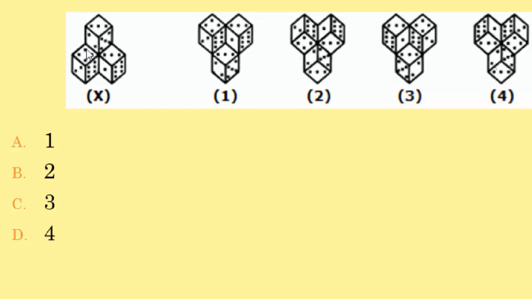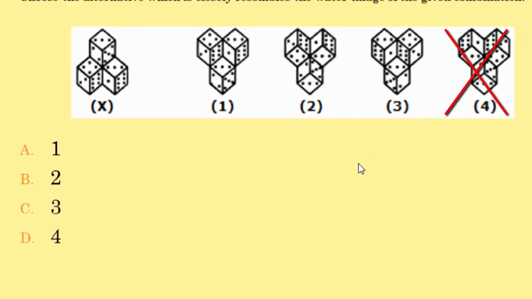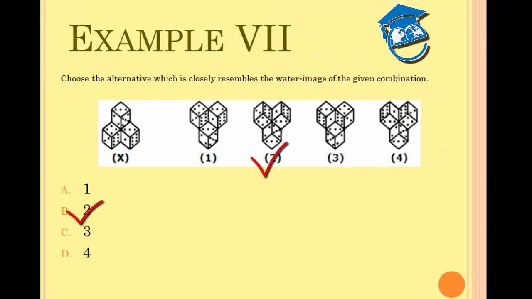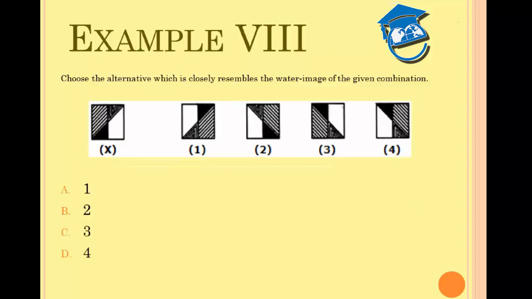Okay, so the things that are on the left will remain on the left and the things that are on the right will remain on the right. So I will eliminate option 4 and I will go ahead and select option 2 as the correct answer choice. So it is really that simple, friends. Let's take a look at another few examples so that we understand this concept perfectly.